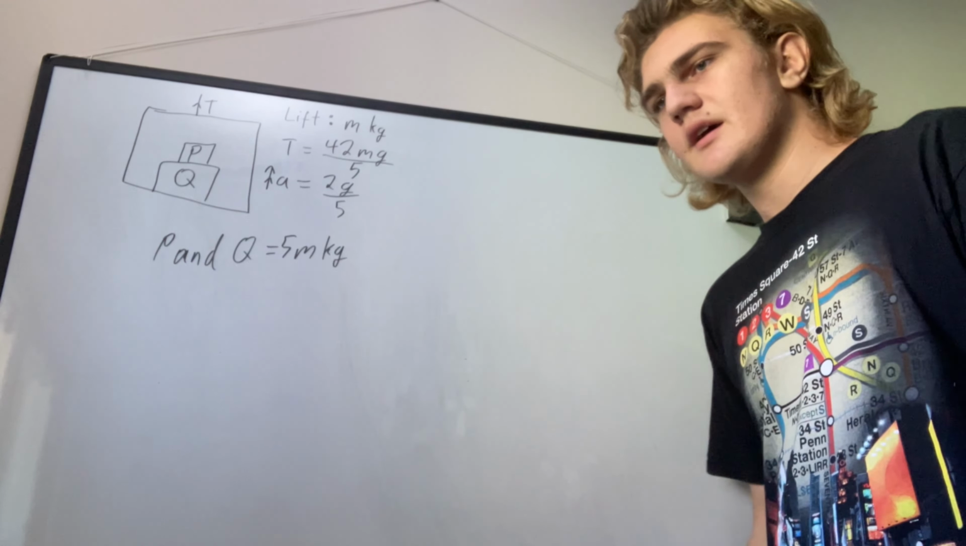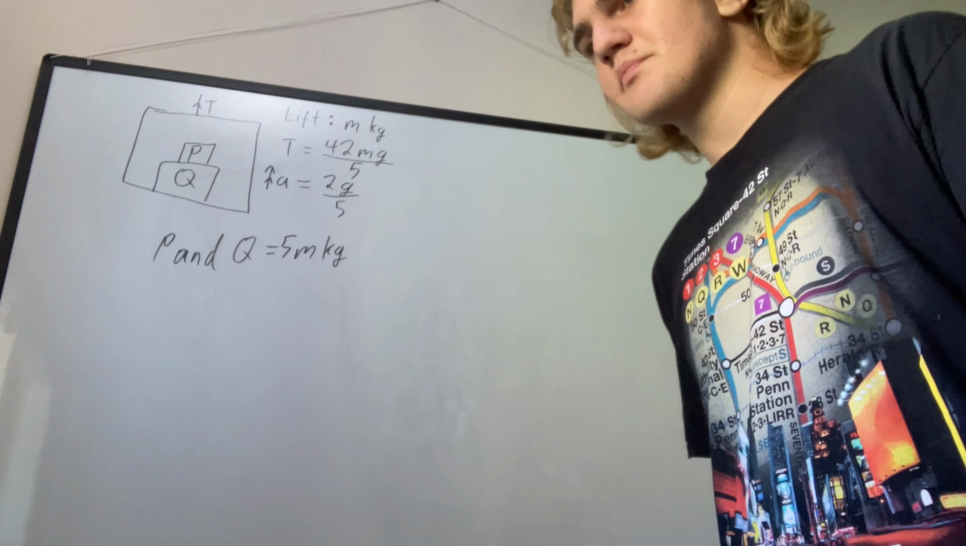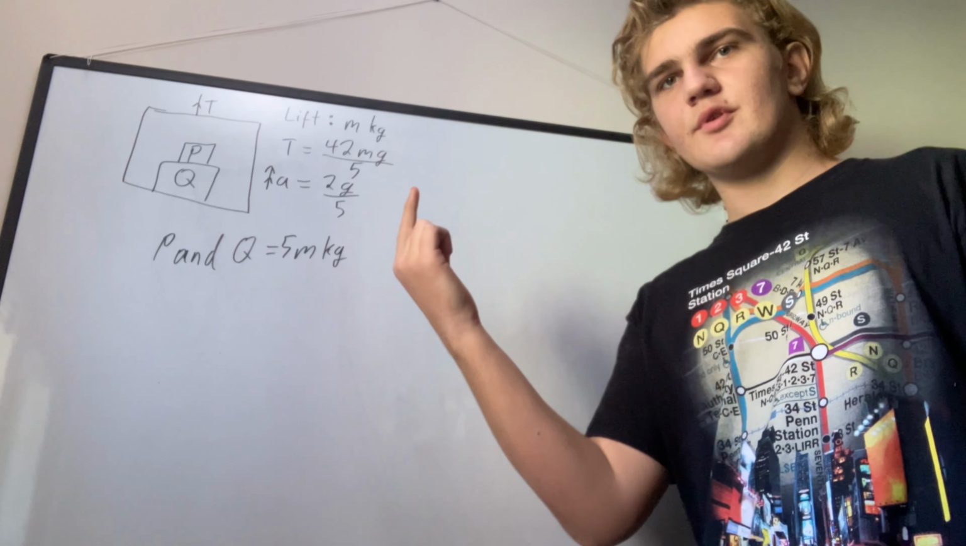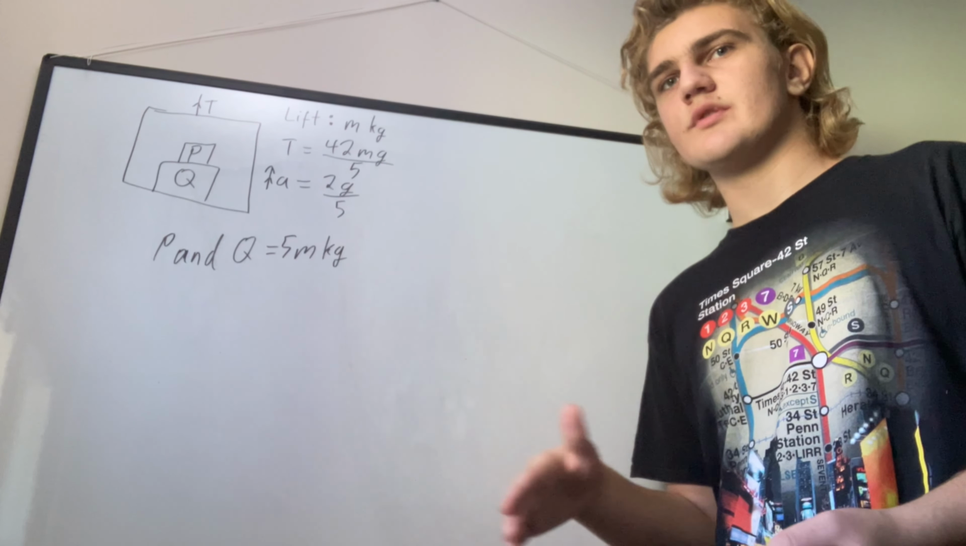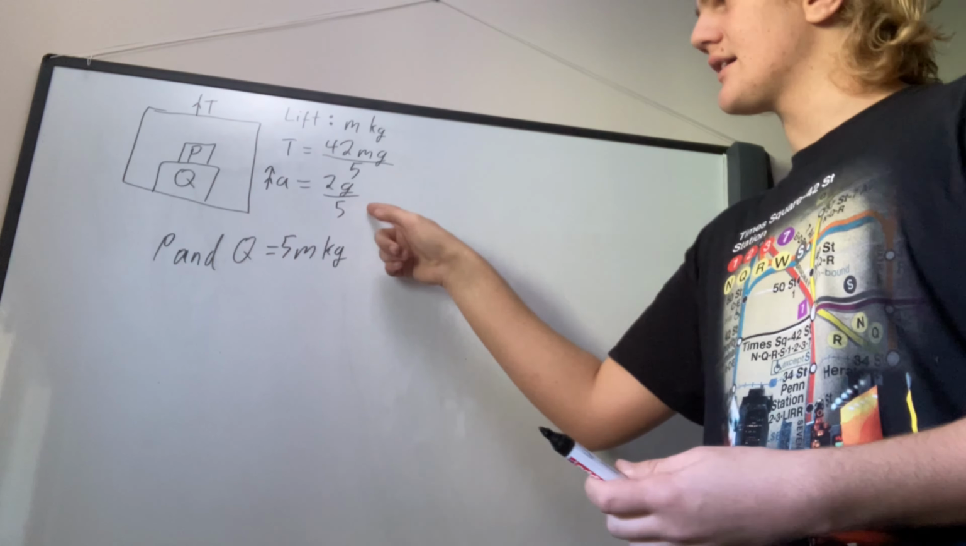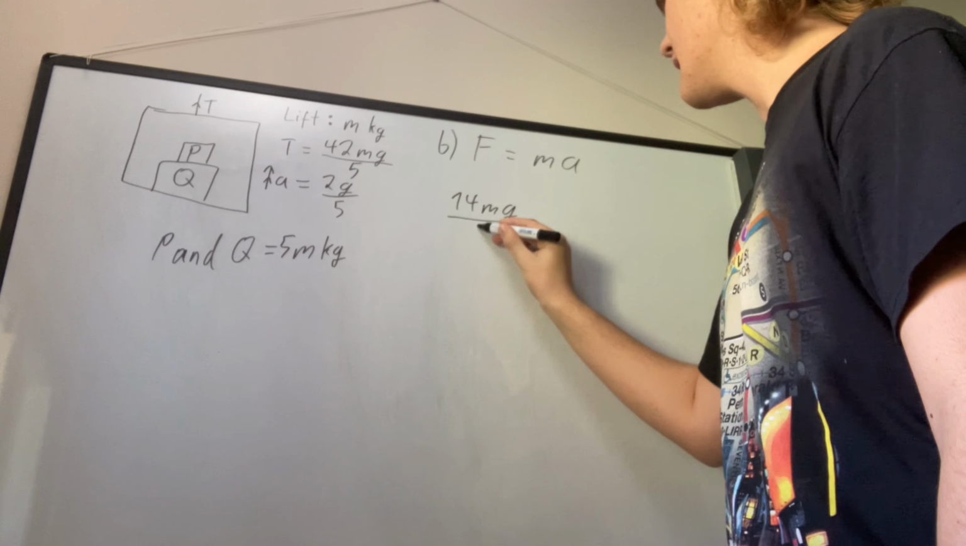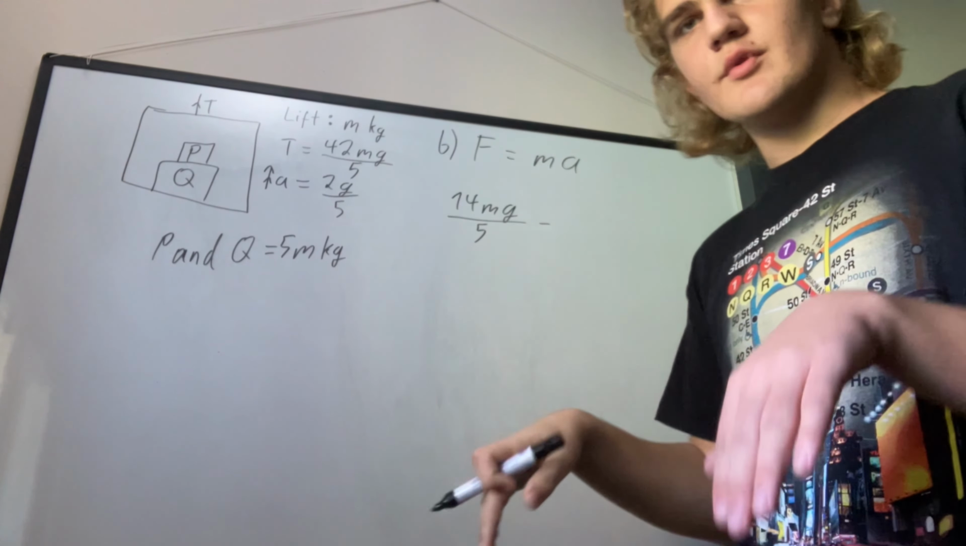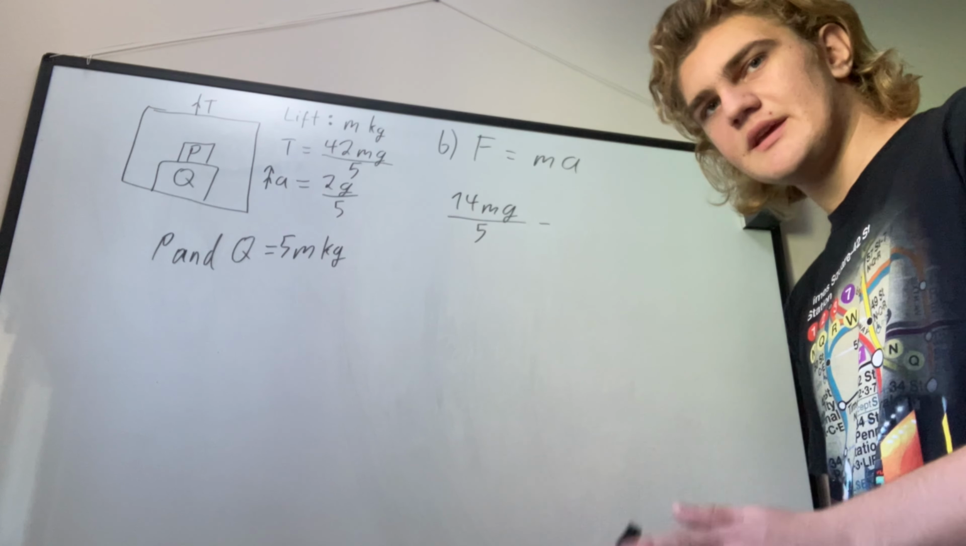2g over 5. So if we look at box P, if it has this upward force, it has to have a downward force, which will equal its mass times the acceleration. So we can write this out as F equals ma, where the upwards force is the force that Q is exerting on P, which it tells us is 14mg over 5, minus the downwards force, which will be the weight of box P,